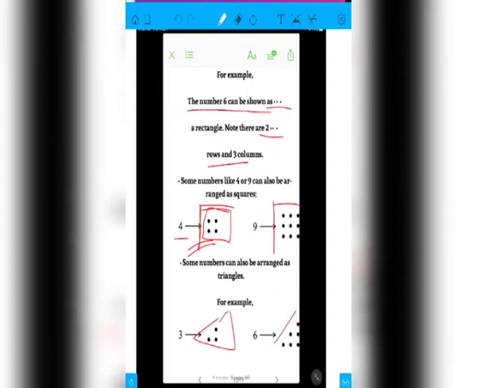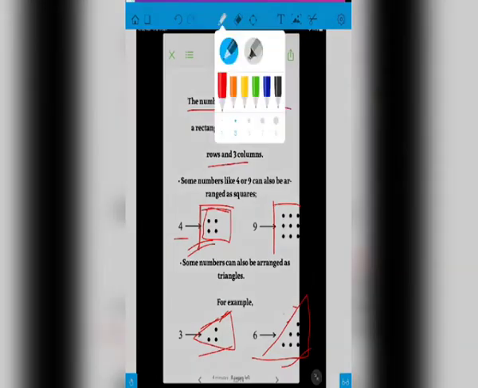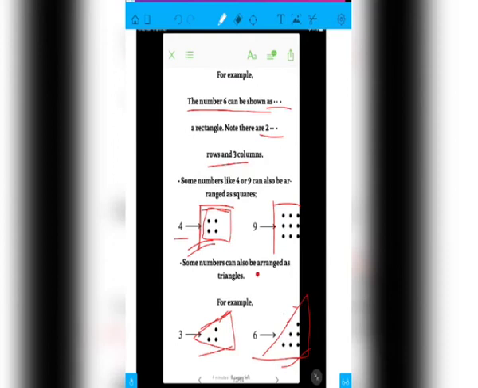Now this is the form of a triangle. You will see here, this is also the form of a triangle. Here 3 dots are shown, and here 6 dots are shown. If I want to show 6 dots not as a triangle but as a rectangle, I can make it like 1 2 3, 1 2 3. So it is the rectangular form. I can also show it like 1 2, 1 2, 1 2. This is also a rectangular arrangement.